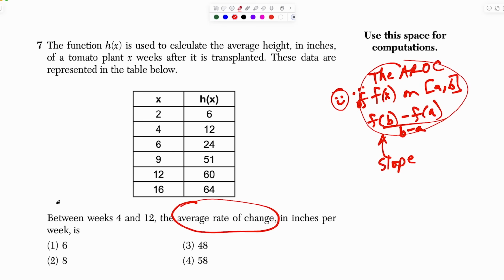But the key is you have to think about which weeks or which time frame you are between. Since we are between 4 and 12, we're going to use x equals 4 and the corresponding y value, and we're going to use x equals 12 and the corresponding y value. So now we just write this out. We're going to have h of 12 minus h of 4 over 12 minus